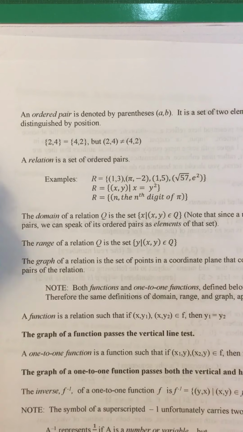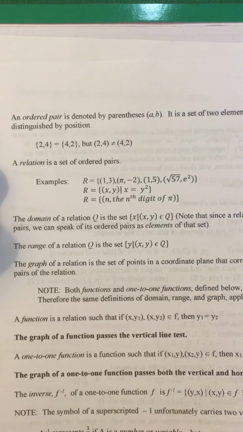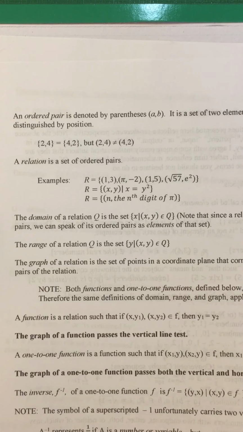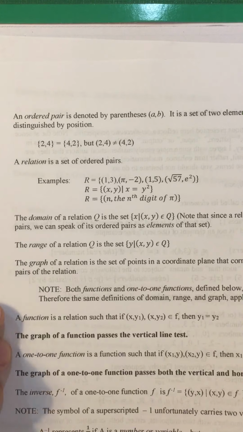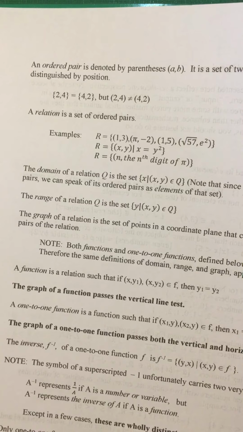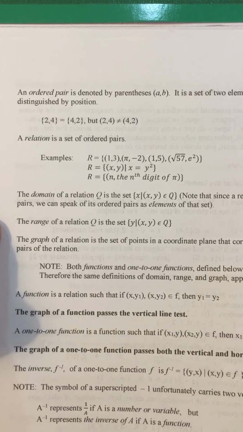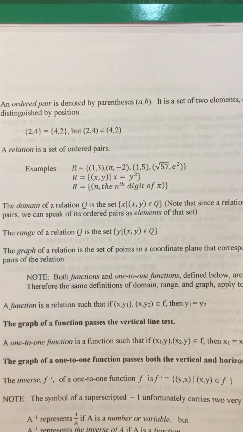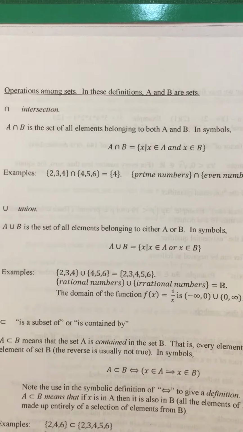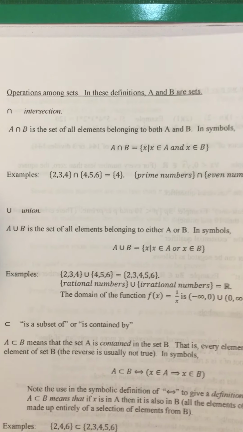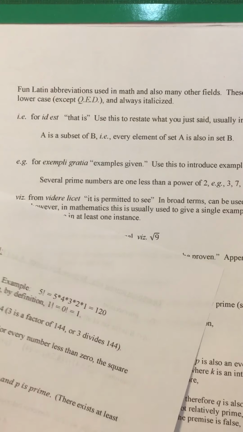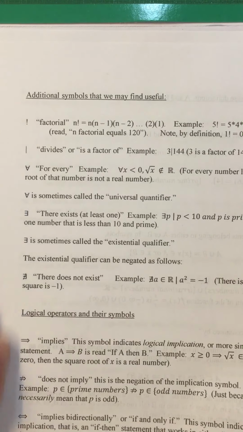So a lot of our start into calculus is a matter of looking at things that you already know, but looking at them more deeply and at a more conceptual level. You know domain and range, graph, all those things, but again, try to relate the way that you already understand what domain and range are to the conceptual description that is here. And we want to try and build that conceptual understanding by appealing to things that you already know. Some of these things you might not know very well. Again, we don't teach set theory very well, but here it is. And here are some things you might or might not know.